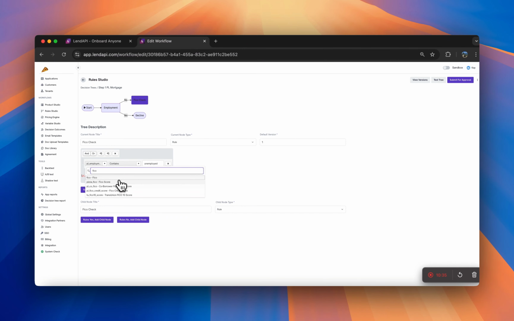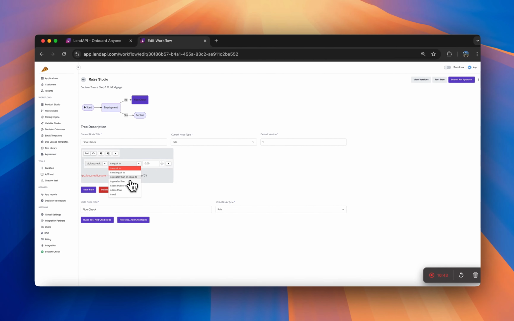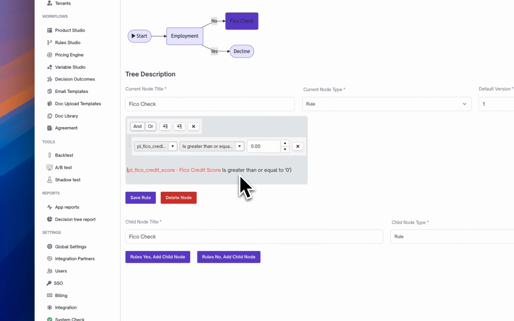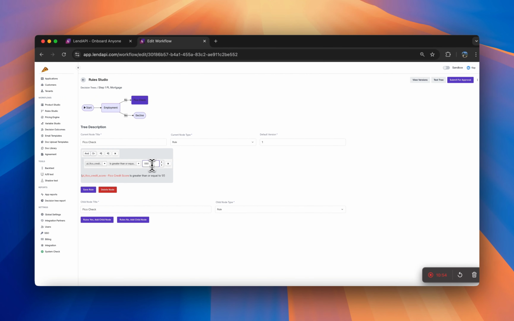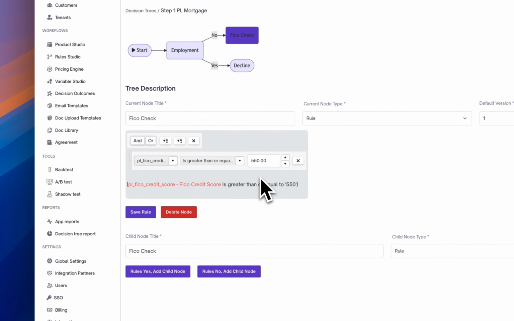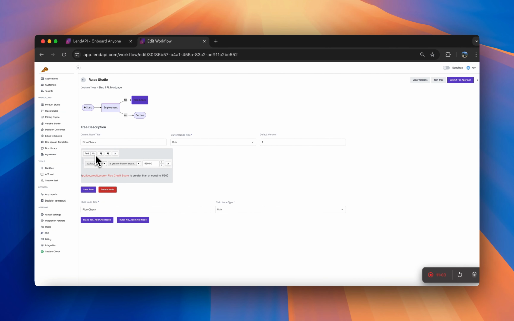So the FICO score for the main borrower must be greater than or equal to, I think for us we'll do 550. And one of the cool things is you can add to each node another set of decisions. So let's do that. For this, we're going to add another